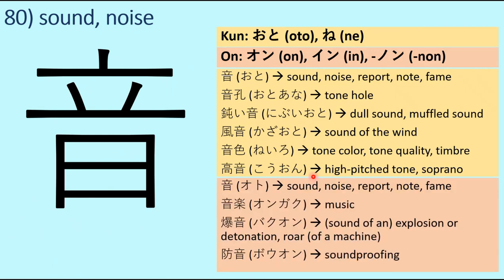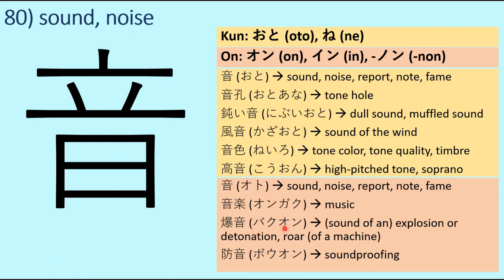In On'yomi, we have on, which means sound, noise, report, note, fame. That is same as oto. So oto is Kun'yomi and on is On'yomi. Then we have ongaku. Ongaku means music in general. Ongaku, music. And then we have